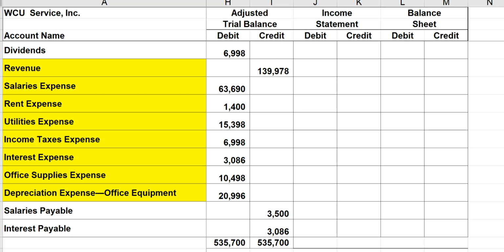In part 4 of this video, we're going to prepare the income statement section of the worksheet. In order to do the income statement section of the worksheet, you have to recall the accounts that appear on the income statement. Remember, the income statement only has revenues and expenses. So what we're going to do is pick up the revenues and expenses and put them in the income statement column. We're going to use the numbers from our adjusted trial balance in order to complete this